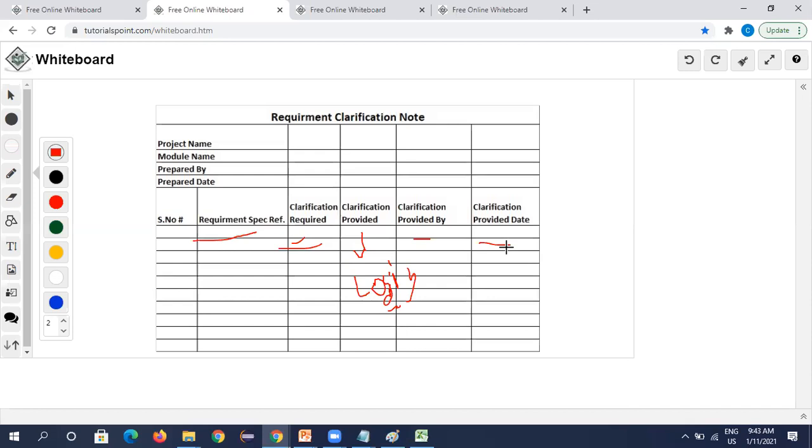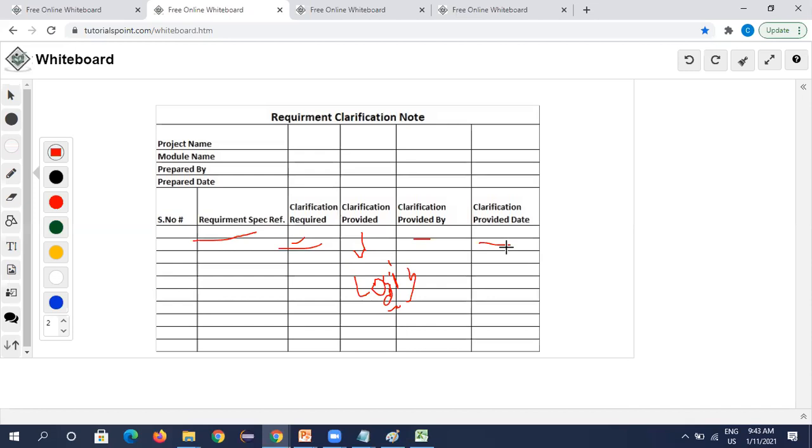You need to read each and every line of the requirement document. I'm repeating this multiple times: a tester should read each and every line of the requirement document. You should not ignore it, saying it is just a document, and do it while testing. Each and every line should be read and understood so that you will have a clear idea.